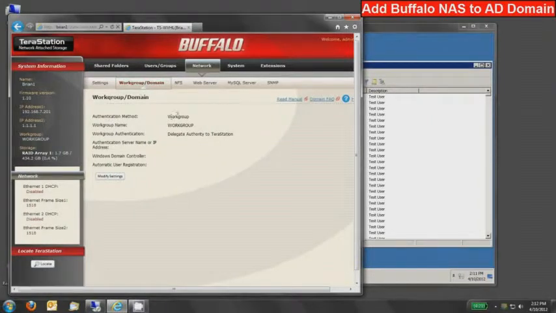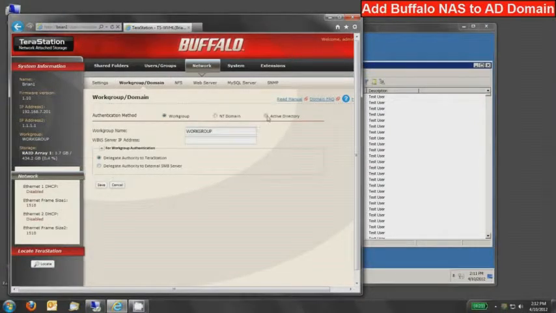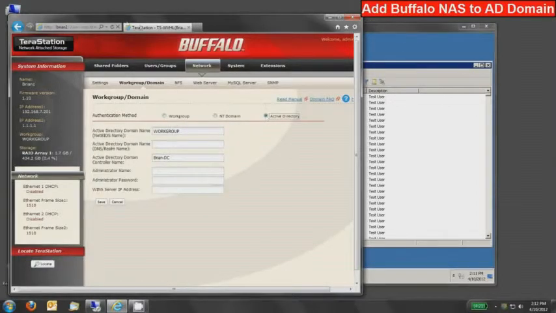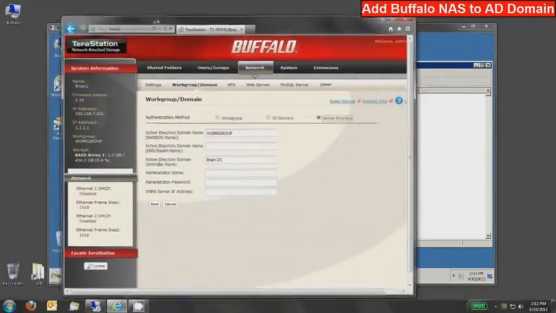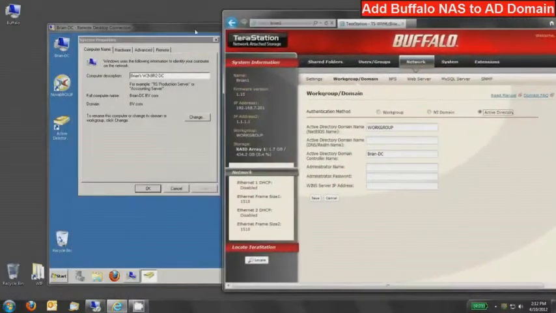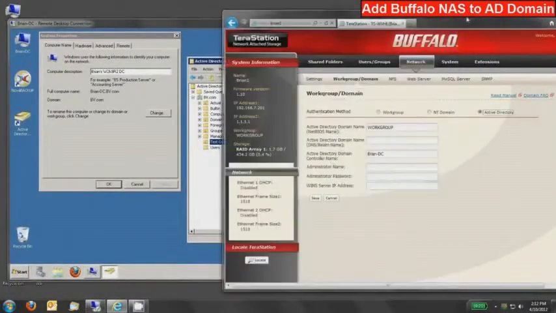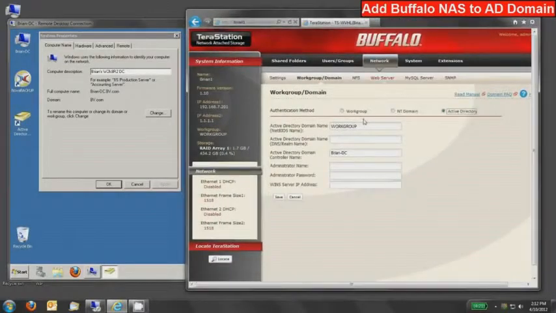Once that's been verified, you can click on the workgroup/domain sub-tab. From here, you can see that we're in a workgroup environment, pretty much a basic configuration. To change this to Active Directory, we'll want to press the Modify Settings button, and then click the radio button for Active Directory. Now, this is where it gets a little bit interesting, and you want to make sure you're typing in things the right way. So what I'll do is bring over my remote desktop connection and bring this in to the right. So for the Active Directory domain name, we actually want to type in just the domain name before the .com part. So in this case, this will be BV.